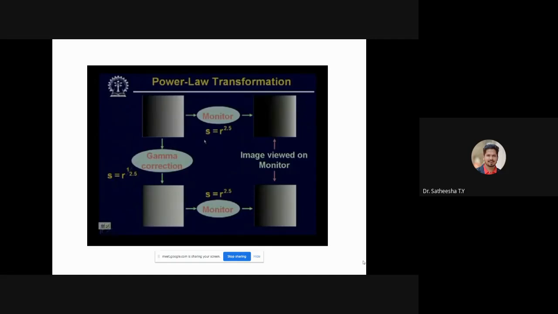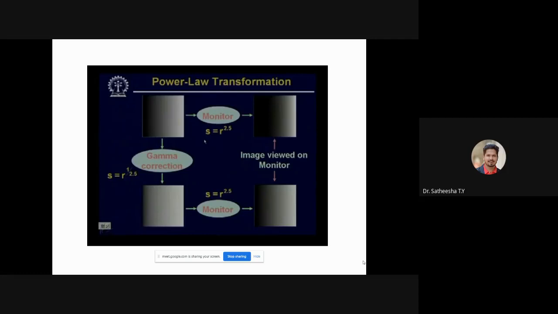So this is a sort of enhancement, because if I do not use this kind of correction, the image displayed on the CRT screen will be a distorted image. But because of the power law correction, or the gamma correction, the image that we get on the CRT screen will be almost the same as the original image that we want to display.